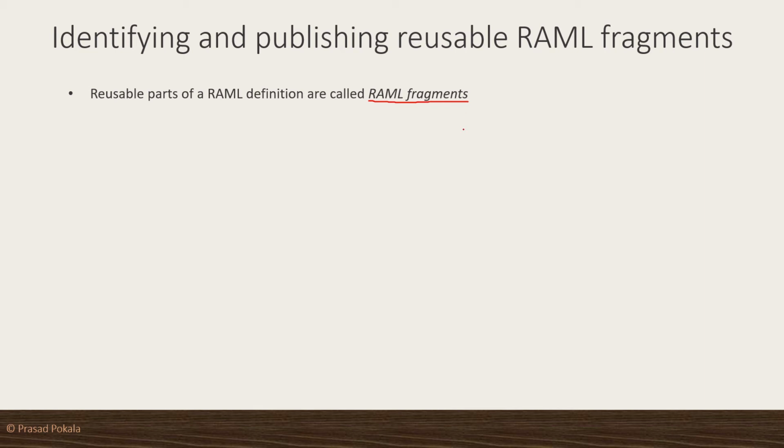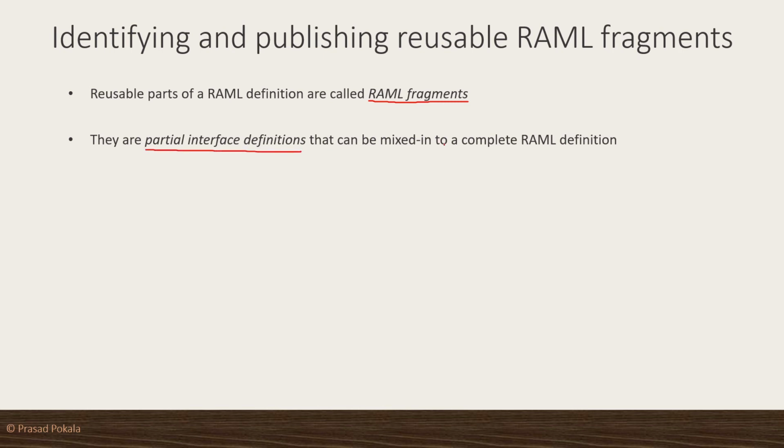The RAML fragments define aspects of the interface between an API client and an API implementation of the API in question. So they are like partial interface definitions that can be mixed in to a complete RAML definition. All such smaller RAML fragments will be composed and they form a full complete RAML definition. With the support of the C4E team, you can isolate these and other RAML fragments from the APIs that are identified in your organization project. Again, we discussed in the previous sections that these RAML fragment creations can be owned by the C4E and they can come up with all the reusable fragments.